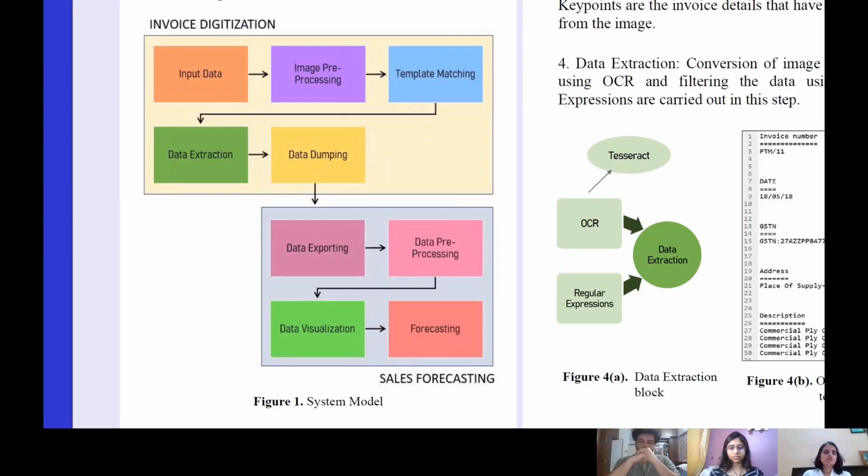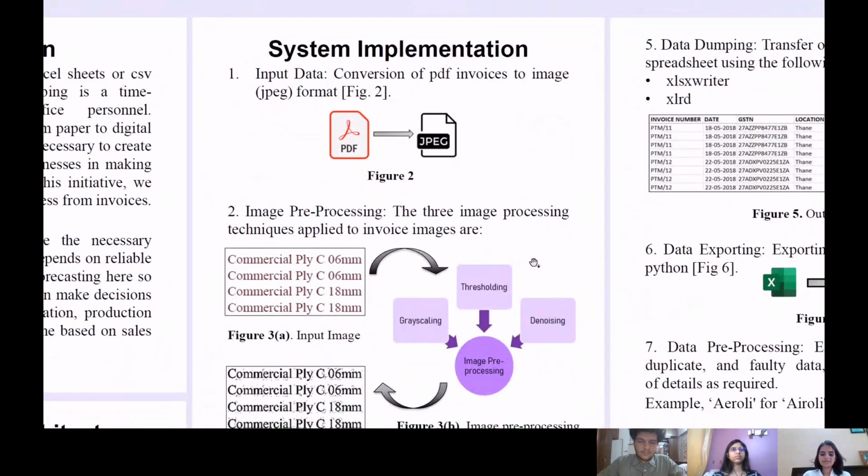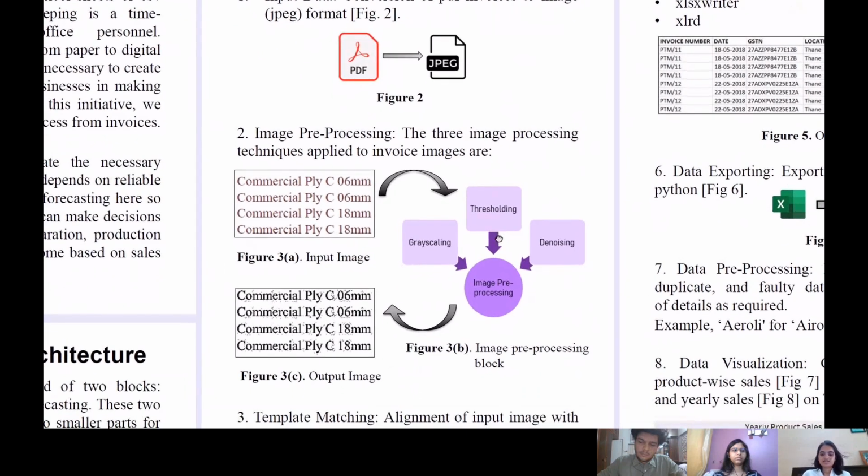We move on to the overall process flow of the system. For the ease of implementation, we have subdivided the project into invoice digitization and sales forecasting. Moving on to the detailed implementation of the invoice digitization process, which begins with the conversion of PDF to image. This image is then given to the image pre-processing blocks, which uses image processing techniques in order to obtain an image having